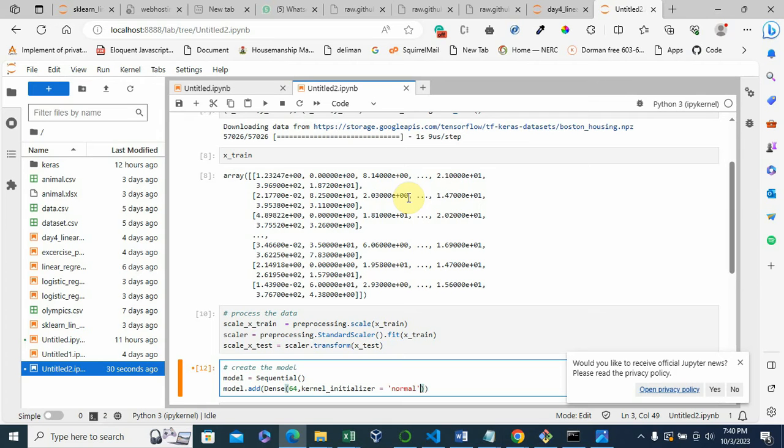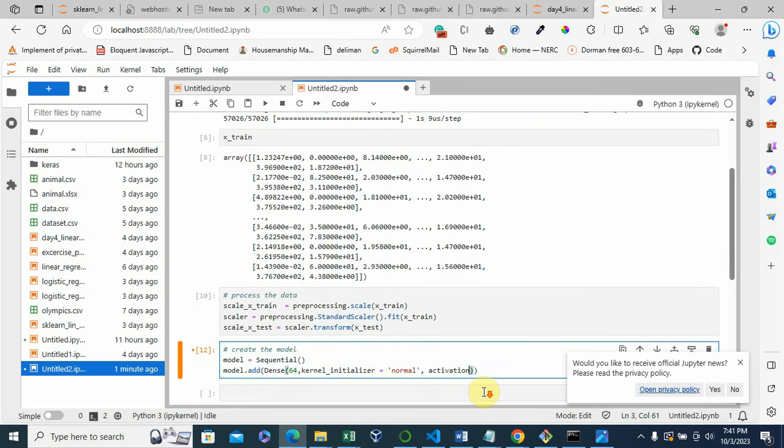So if we pass in the activation to be used here, pretty much this kernel initializer and all these ones like this are optional parameters, but for input shape you may want to define it so that you have a couple of things in place.